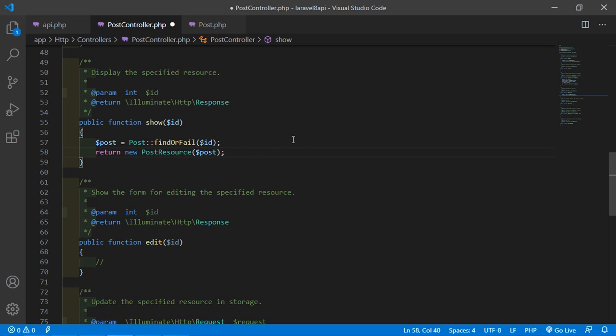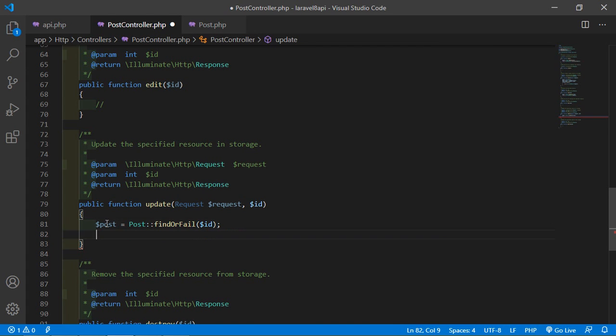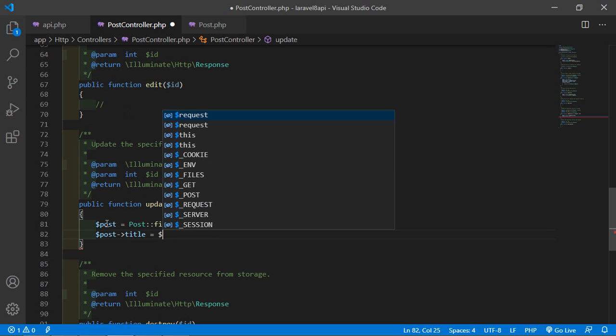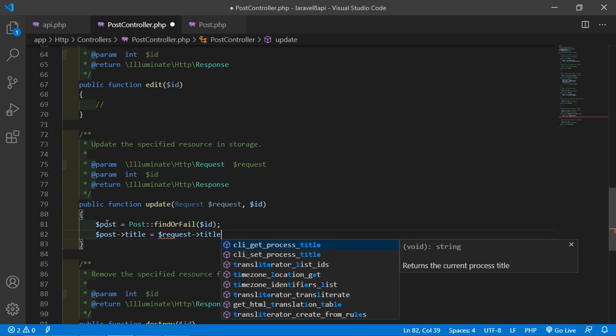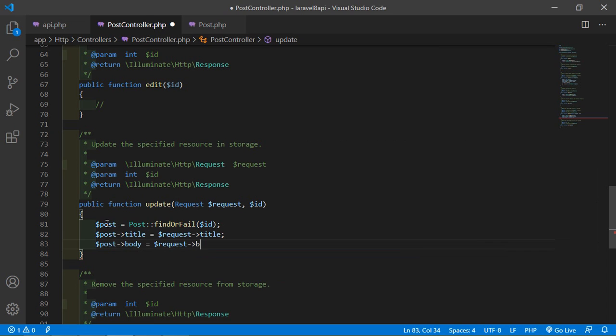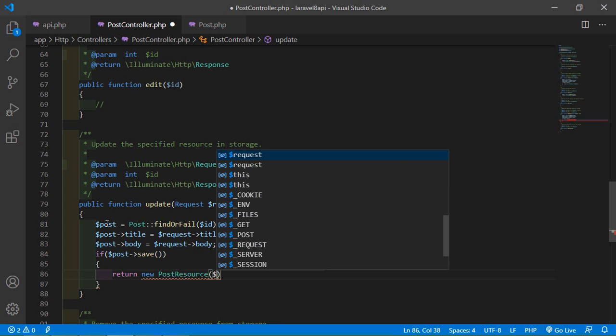Alright, and for the update, inside this update function just write here $post is equal to Post::findOrFail, and inside this just pass here $id, and $post->title is equal to $request->title, and the body, $post->body is equal to $request->body, and if $post->save, just return new PostResource, and inside this just pass here $post.